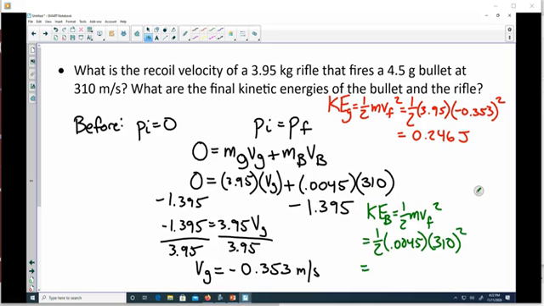And so we find the kinetic energy of the gun is 0.246 joules, and the kinetic energy of the bullet is 216.225 joules. So remember that towards the end of the chapter we talked about how the change in momentum is